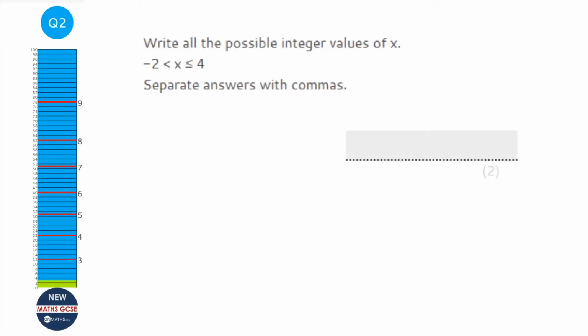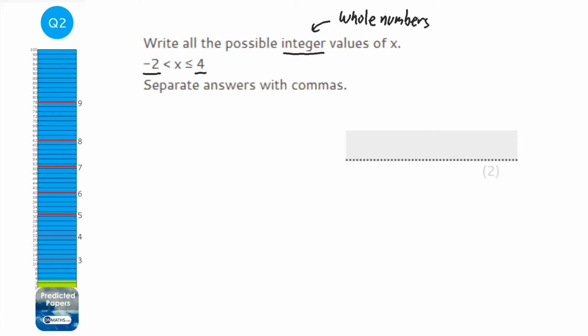Okay, so this question asks us to find all possible integer values. Now it's really important we understand that integer just means whole number, or whole numbers I should say. Integer is just a whole number, so we're looking for all the whole numbers that are between -2 and 4,